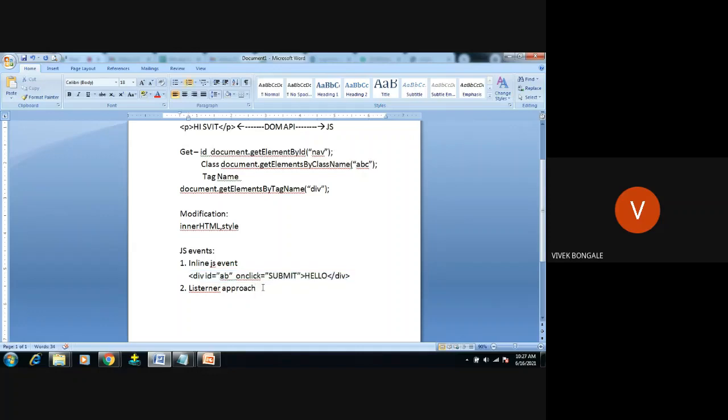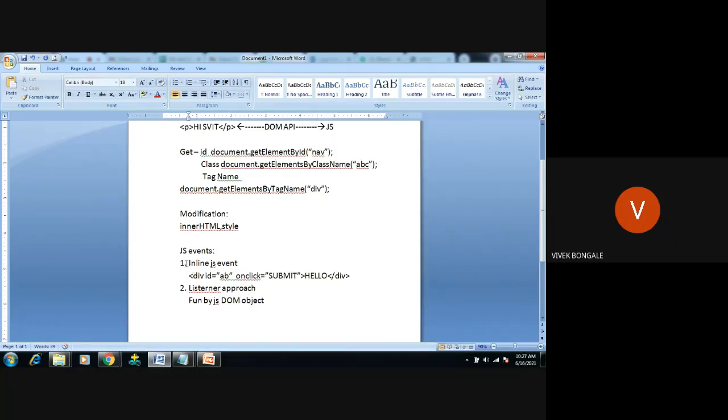So what we do, we go for the listener approach. In the listener approach, we're going to call the event by creating a function, by using the JavaScript DOM object.